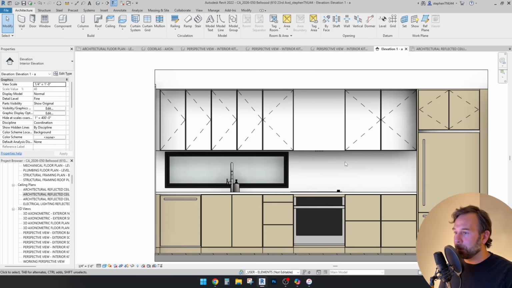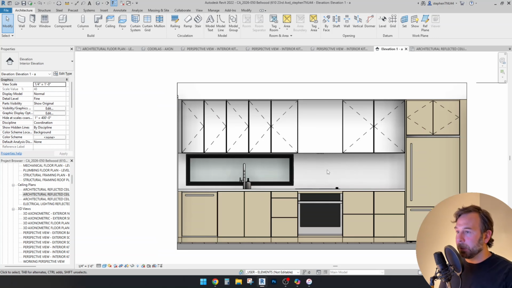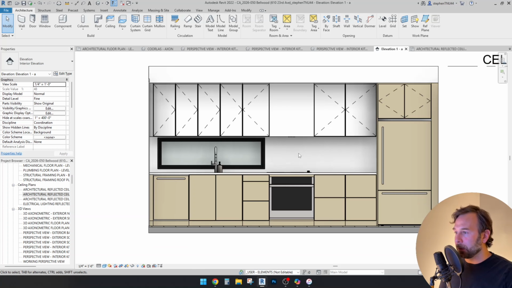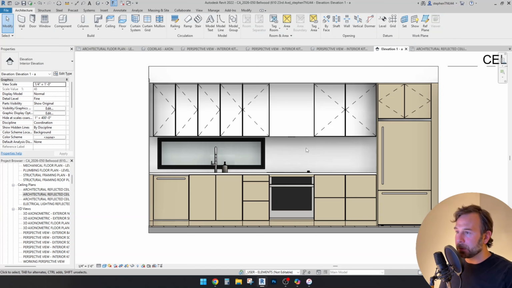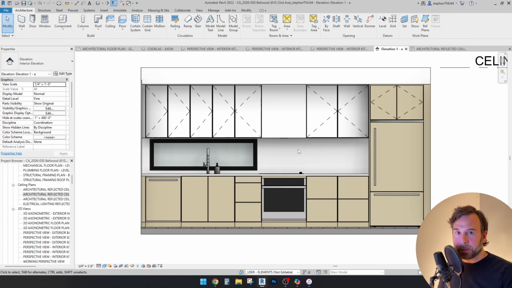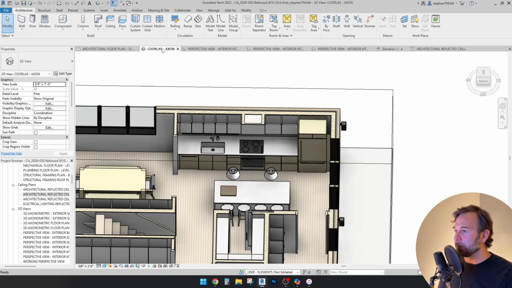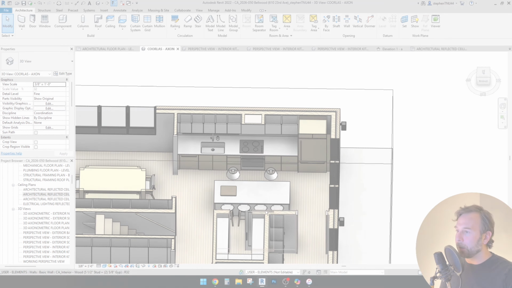Okay, so yeah, I think that's looking like a good layout. I won't get too deep into some of the other architectural features on this. Just wanted to keep this a concise kitchen-focused video for now. And just for consideration, some of the other things we were looking at